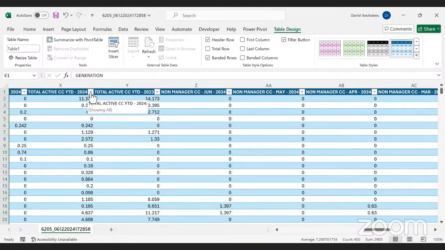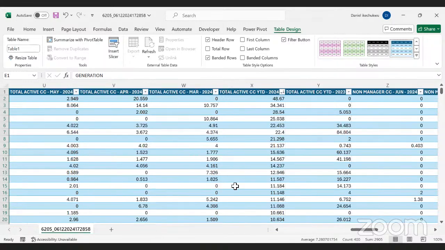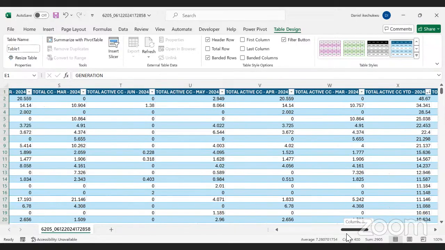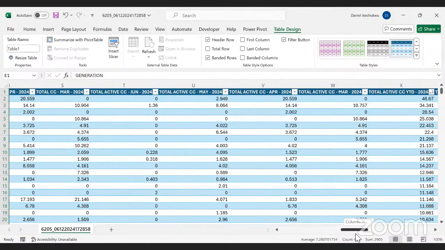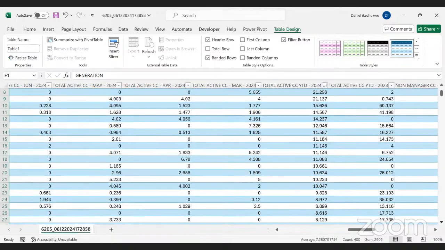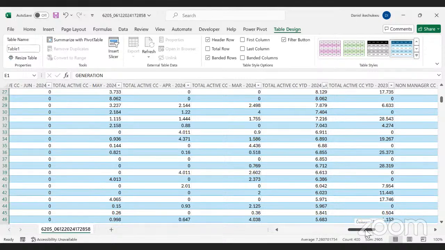This is their total active case credits in 2024. So you can come here and say, okay, give me from highest to lowest. So you rearrange from highest to lowest, and you are seeing it's now very, very clear. It's getting clearer. The people you really want to focus your time on, the people you really want to work with. So you can scroll down a bit, and you begin to see the beauty of this report,